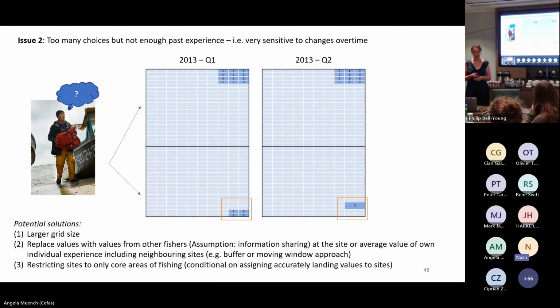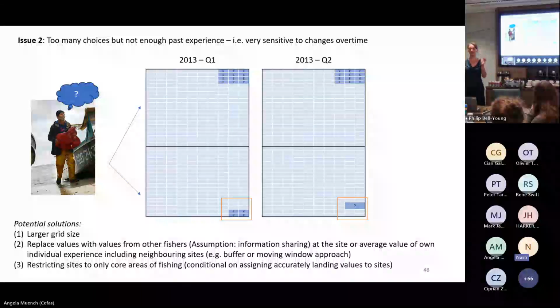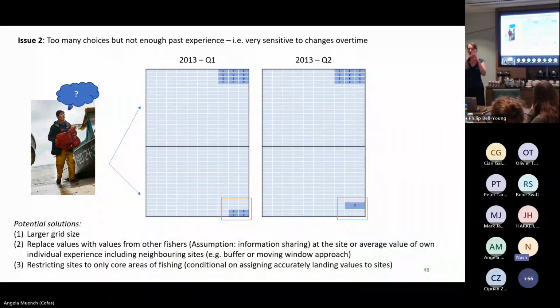Issue number 2, which is more or less a model-based issue, is that the model is based on past experience. ICES rectangle, again, it doesn't really matter because you sum it up within the ICES rectangle. So you have one value for the rectangle, doesn't matter where in the rectangle you are. As soon as you go to a smaller grid, you don't have any values anymore when you vary it a little bit. So you don't have a past experience anymore. So you're losing this information for the model to do anything with it because it doesn't have any experience. How can we solve this issue?